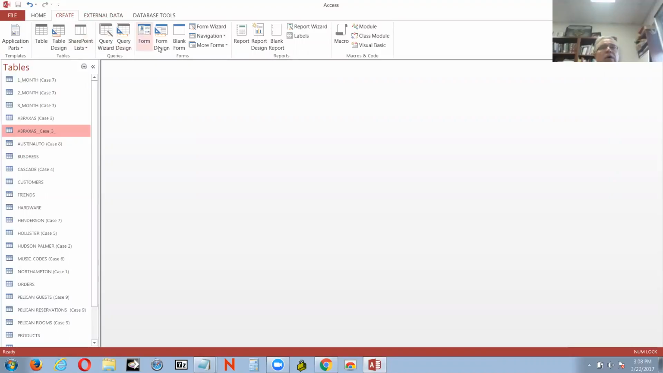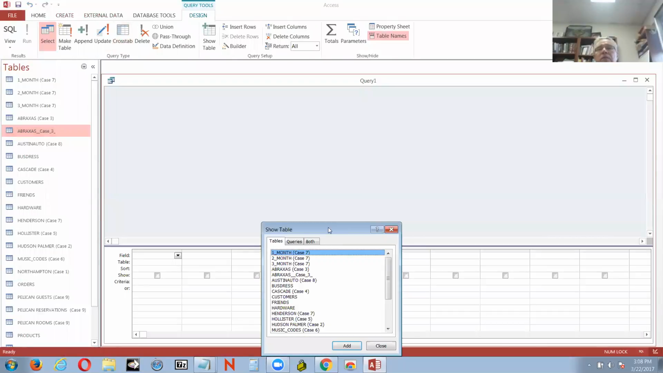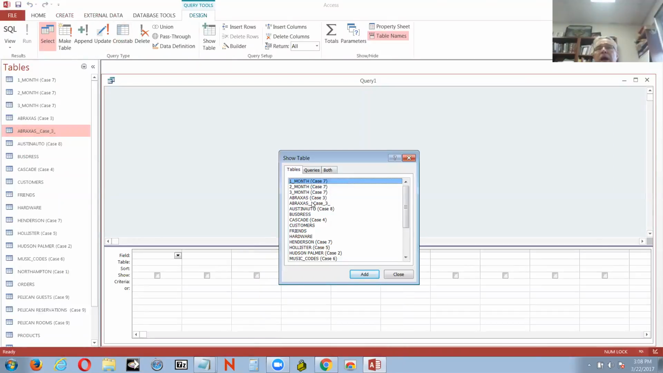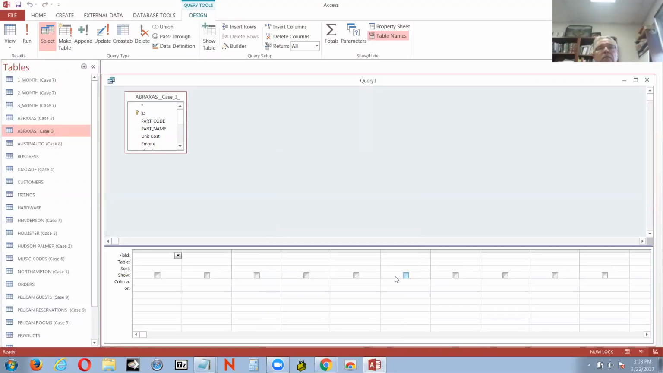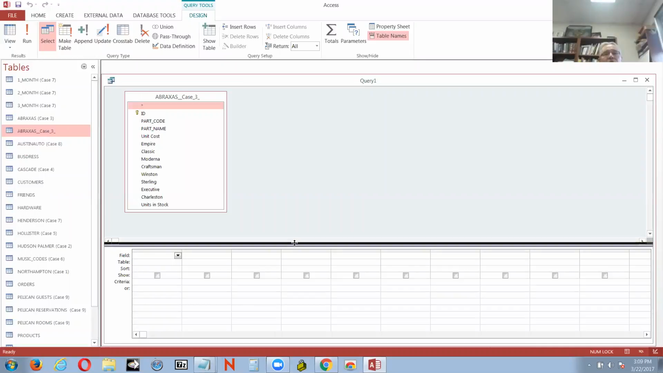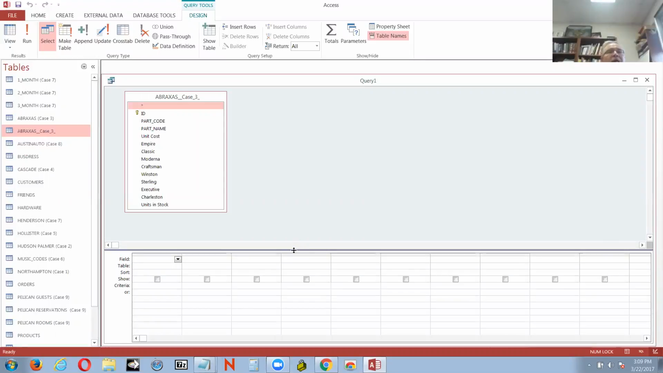We're going to create a query design, and I'm going to get that Abraxus_case_3 table. Add it in. As I mentioned before, you can always work from here if you don't have enough room to see all of the code. So if you want to increase this up now,